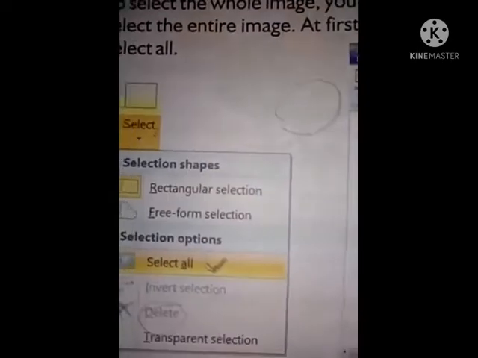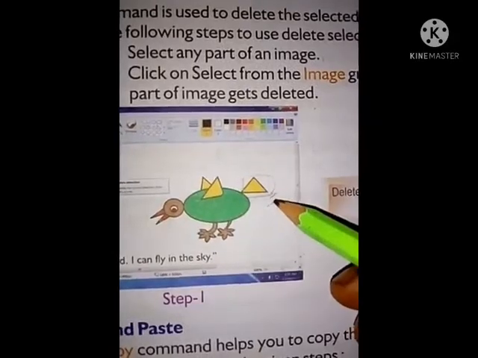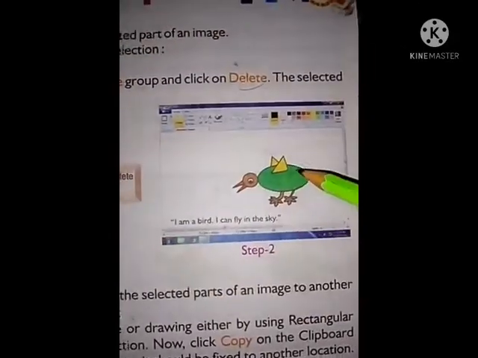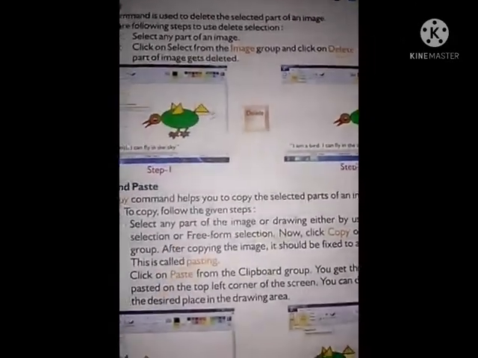Understand? Here see, we have selected this part and after delete this part will be removed.